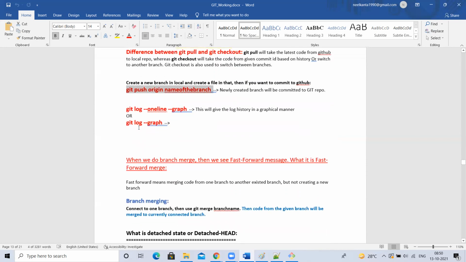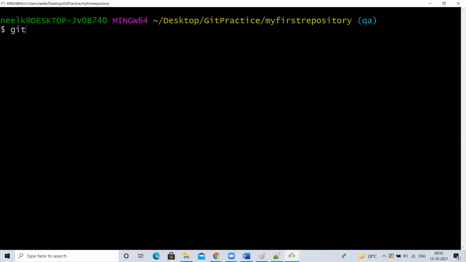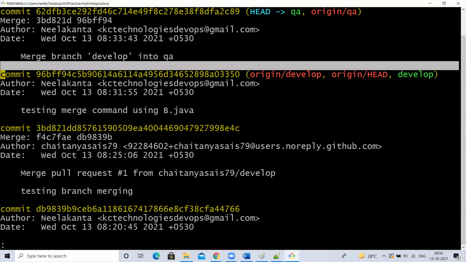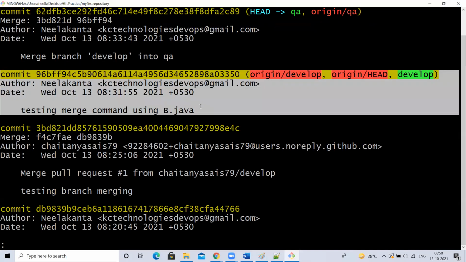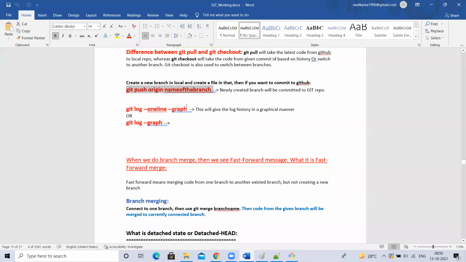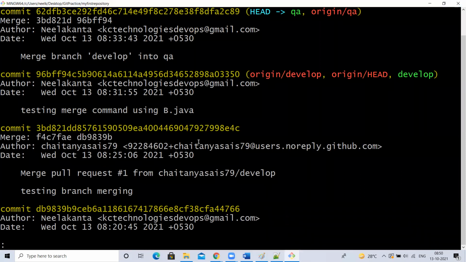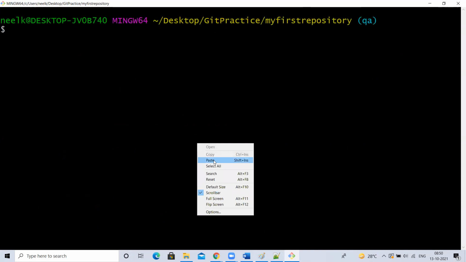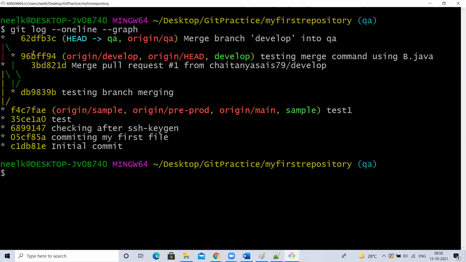One line, this is like Git log. If you type Git log, it will give all the full commits, right? This is a commit ID, and this is the author, like that. It is going to show the message when the commit has been made. If you want to get it in one line, you don't want the complete output, then you can use this option with Git log. These are not important, just for reference. One line graph, it is going to show this.